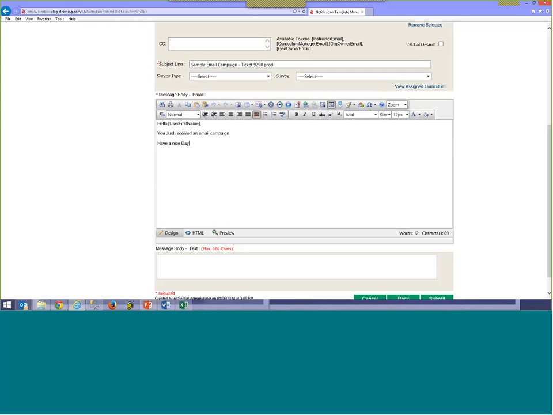Down here is where you'll put the content of your email. And this is pretty standard throughout our system. This is our content editor, and it's very similar to Word. Has all the same types of formatting and functionality. So you have your alignment, your font